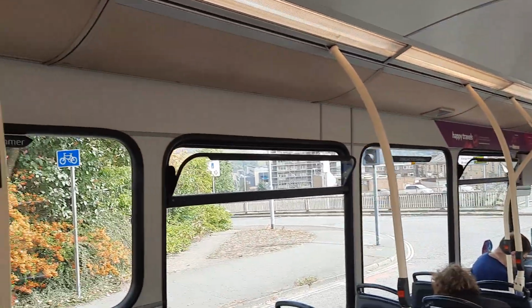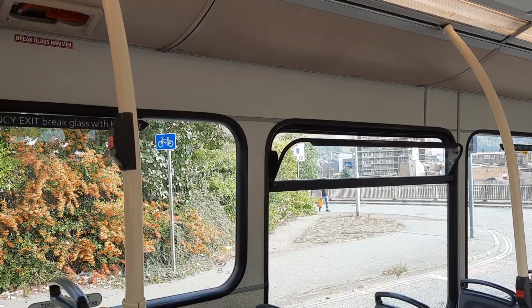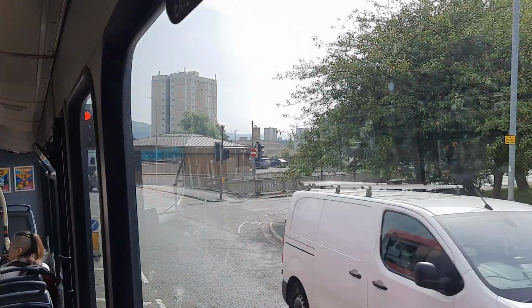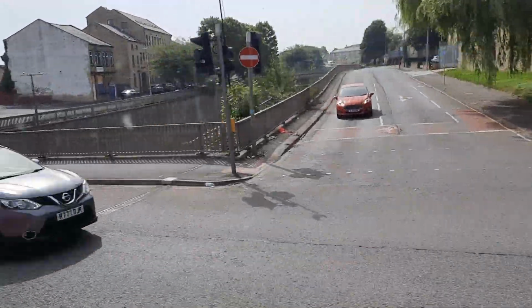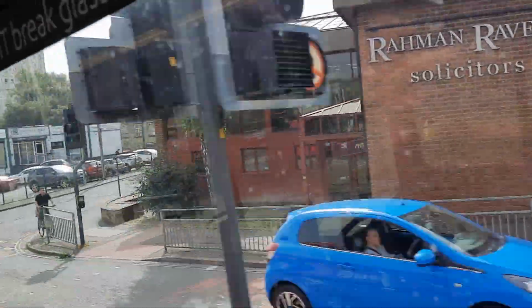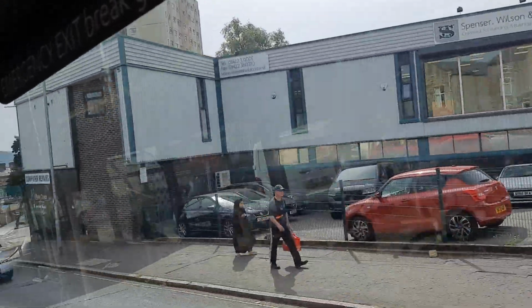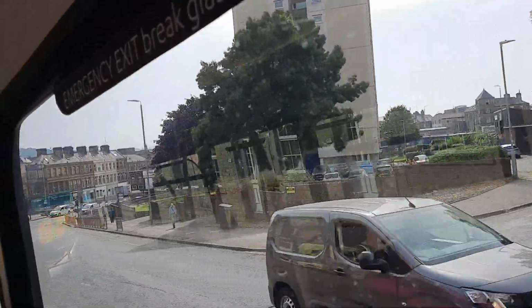So we're at the Pellon Bridge, and this road of course would take you to Boothtown, Bradford and Leeds. Okay, so we are stopped at some traffic lights. As you can see, the carriageway that way going to King Cross. We are almost back to Halifax and to the bottom of Rye Lane